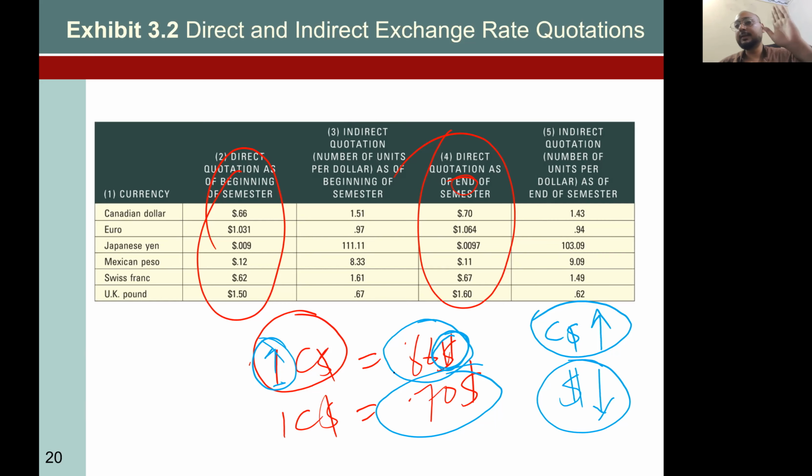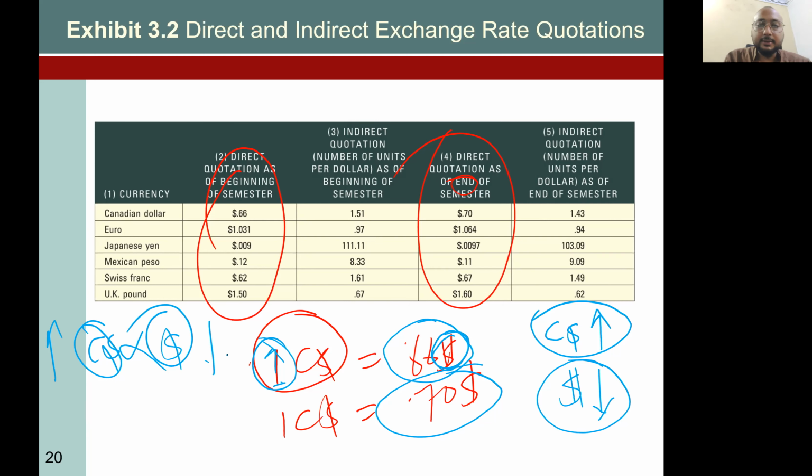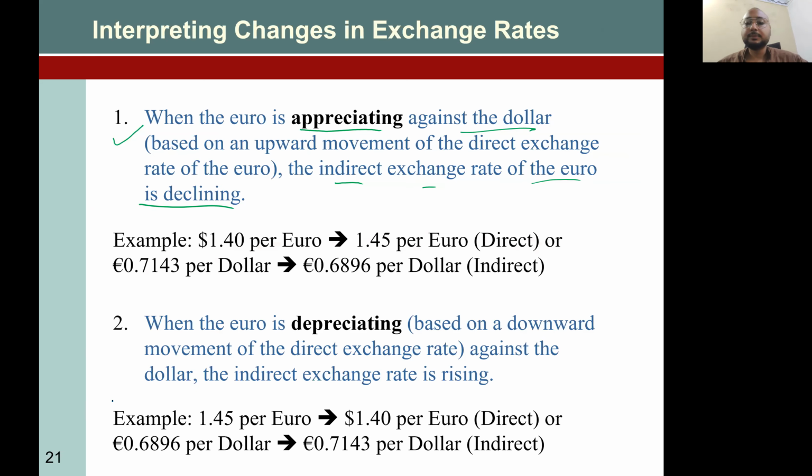If one currency is increasing, the market rule is that the other currency must be decreasing. The other currency, not all the currencies. The relationship here is between the Canadian dollar and the dollar. There are two currencies here. If one is increasing, the other is decreasing. That's what we have written down here. So similarly, when a currency is